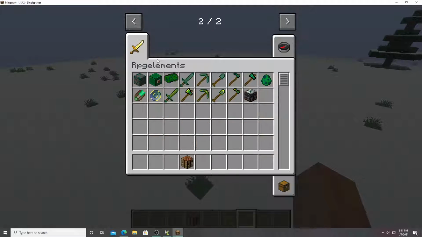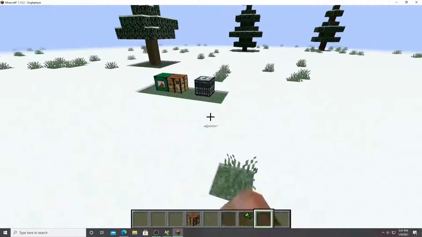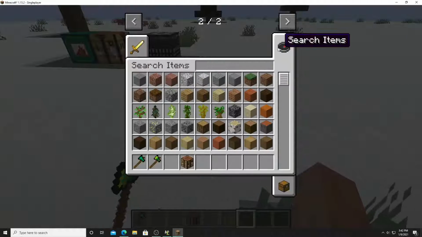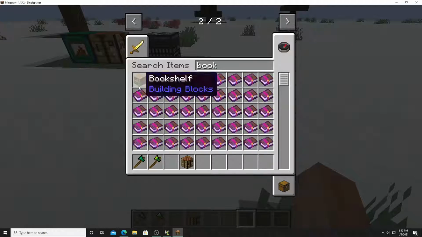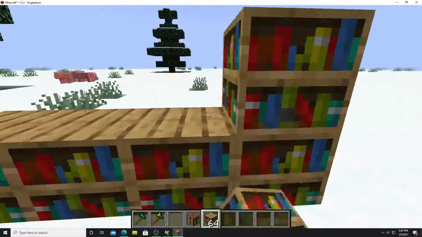Okay, this should switch over. Okay, there we go. Now these are back. I did switch, so now you know the difference. We have refined the mithril here. Now we have the mithril. Let's take a bookshelf, just like so. Put these just like that,